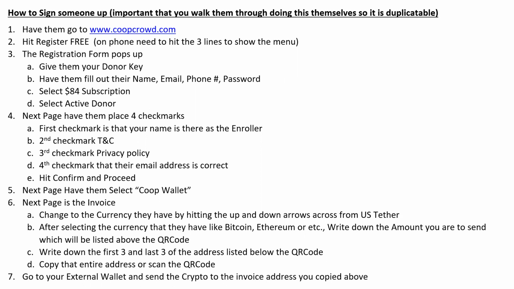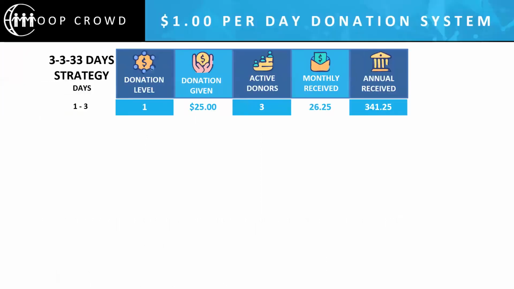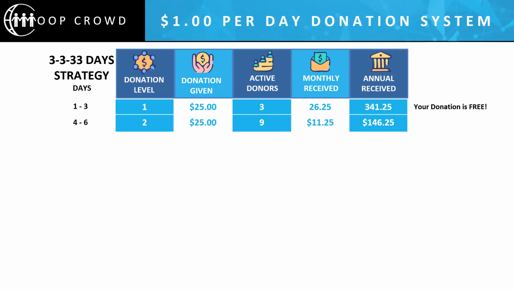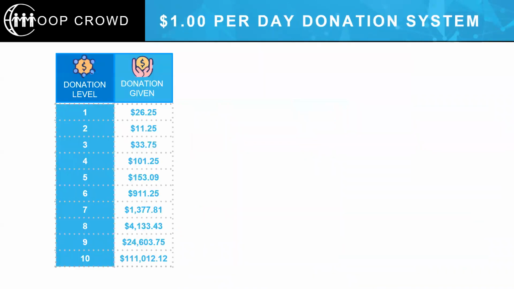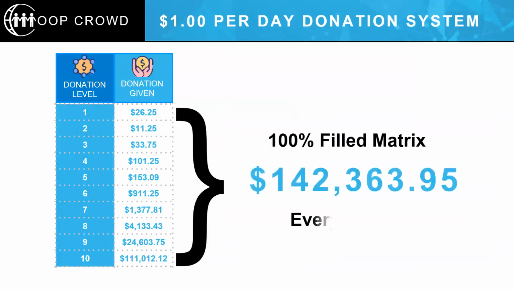We're super, super excited that you have a new partner. Remember, your strategy is that you want to enroll 3 active donors so that your donation is free, and then simply help those 3 do the exact same thing and enroll 3. That unlocks all the unlimited bonuses for you, and then it's going to keep going on and on and on. Of course, our goal is to help you to fill your entire matrix. And when that's done, you're going to get